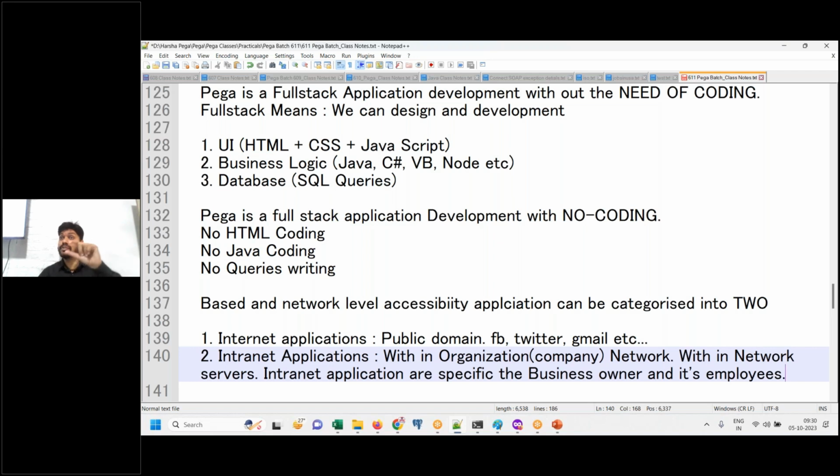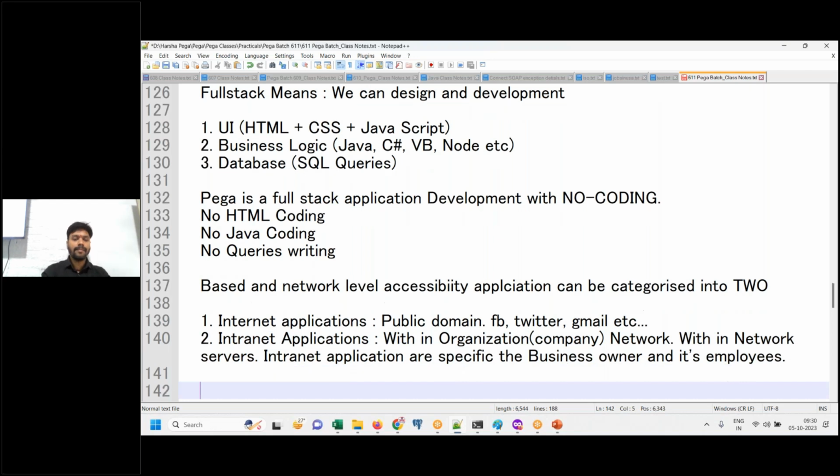That too, within the network, they should have a login ID for the network. They have to connect through VPN to the network. Only when connected to the network can you access it. Within the network only you can access. Otherwise, you cannot access. See, Pega applications in today's market